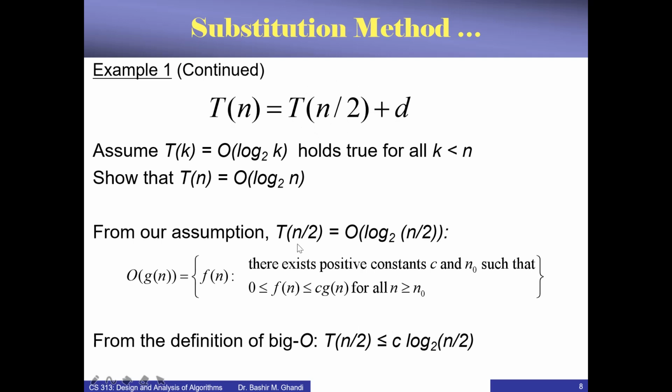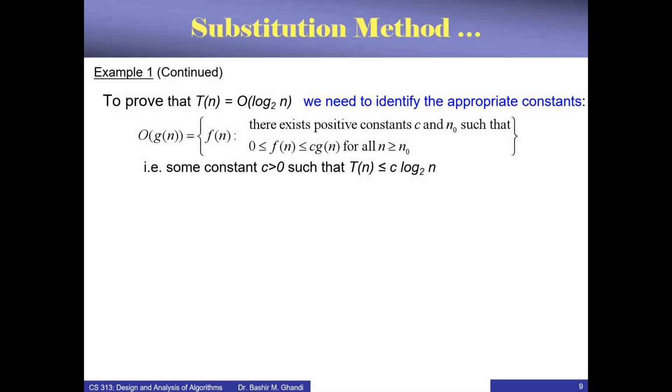Since we have now represented T(n/2) purely in terms of n without the T, we can substitute it back in the original equation, and that should eventually allow us to see what is on the right of this equality. Then we'll be able to show that T(n) is indeed big O of n log n to the base 2. All right, so continuing,